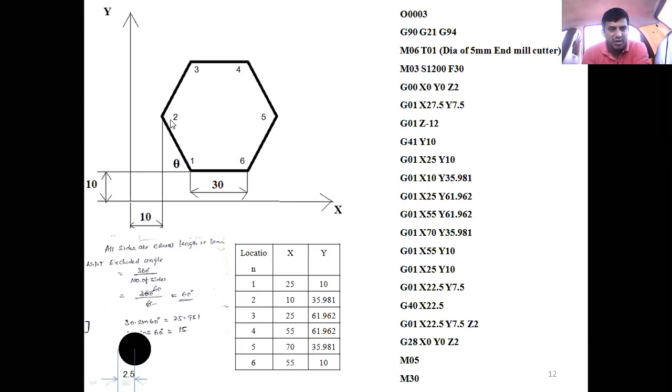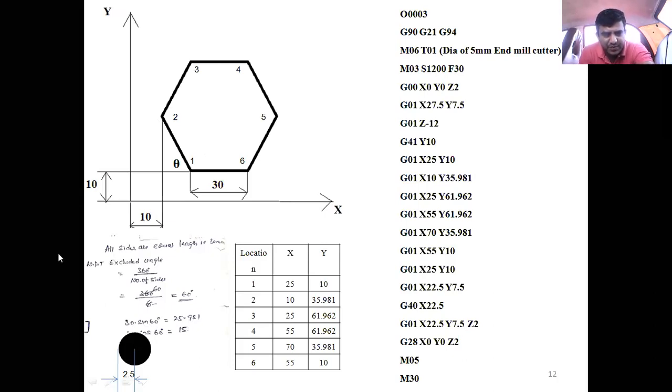Then how do you calculate the opposite side, the vertical distance, and the adjacent side by applying trigonometry relations? How to get the opposite side? We know sine theta is equal to opposite by hypotenuse. Then the opposite side is nothing but hypotenuse into sine theta. Theta is 60 degrees, and the hypotenuse here is 30 mm. 30 into sine 60. That is the opposite side. How much is that here? 25.981.